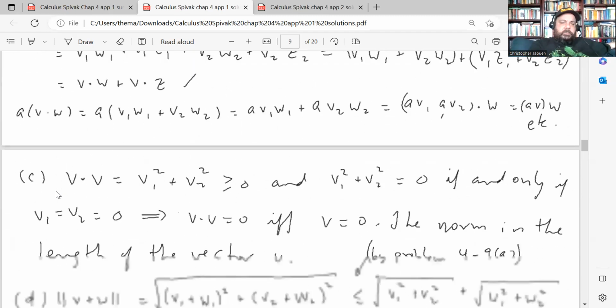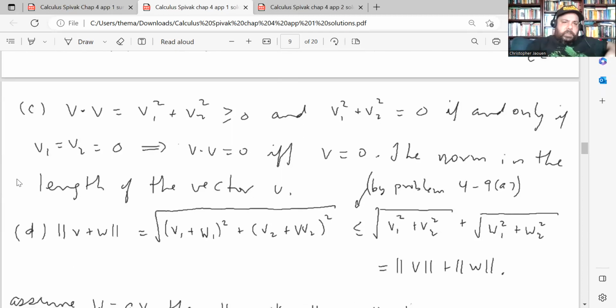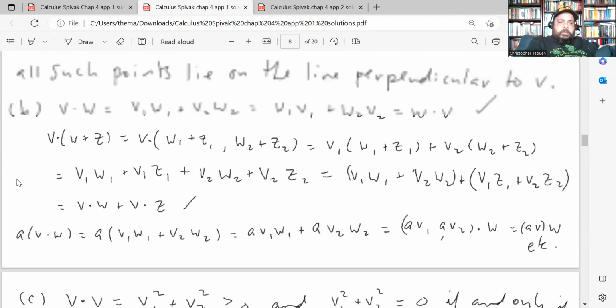So part C. Using the definition of the dot product, V dot V is V1 squared plus V2 squared. Obviously, that's a sum of squares of real numbers, so that's always non-negative. And the sum of squares can only be 0 if the two numbers are 0. So that means that V would have to be 0 if the dot product of a vector with itself was 0, right? The norm is the length of the vector V, which you can see from the Pythagorean theorem. Okay, and then part D,